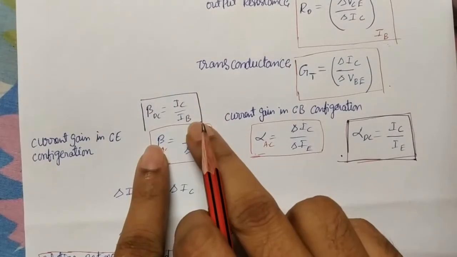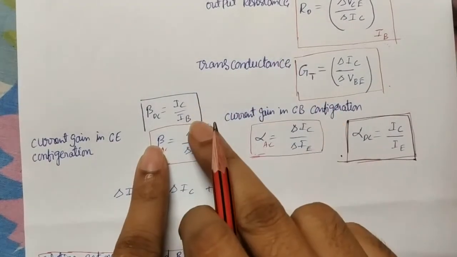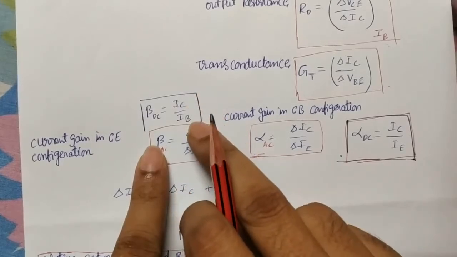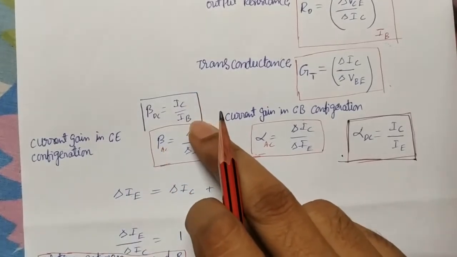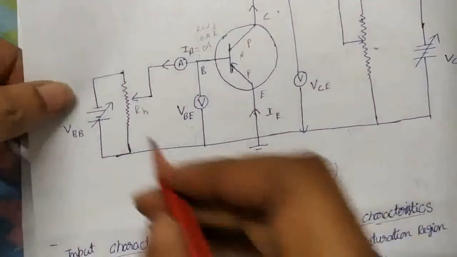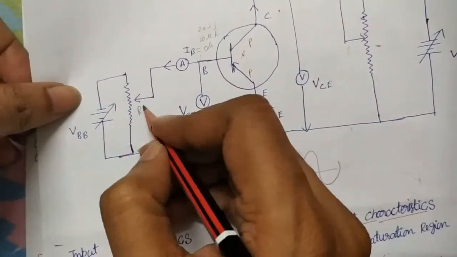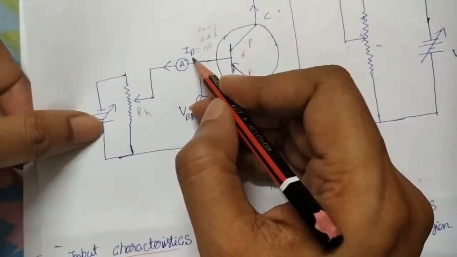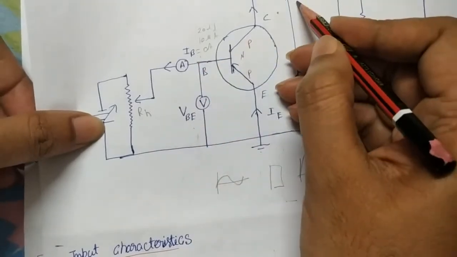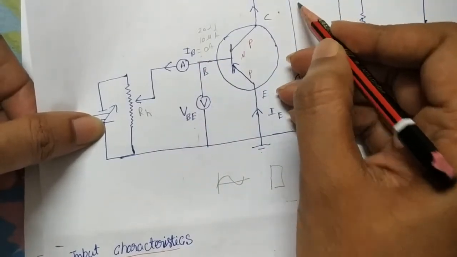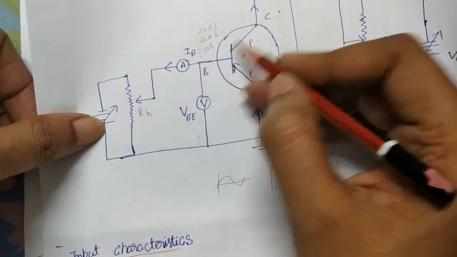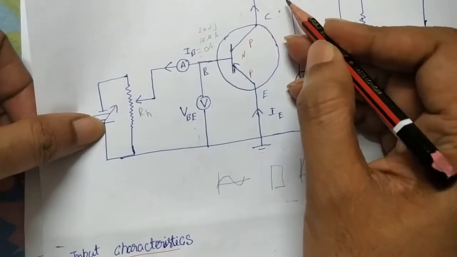Output current, input current, both are constant. Of course IC is more but constant value. Suppose what happened, instead of a DC battery here, if you connect an AC which is continuously changing, then what happened? IB also changes simultaneously, IC also changes. So in that case, how to calculate current gain? How many times current increases, which is not fixed here.